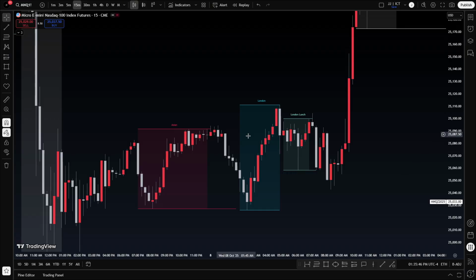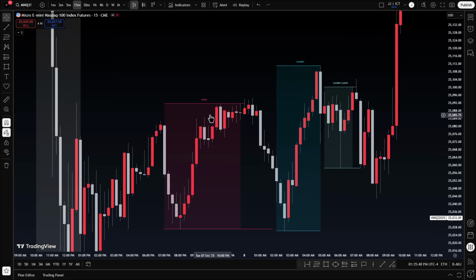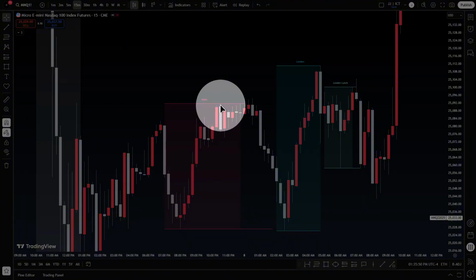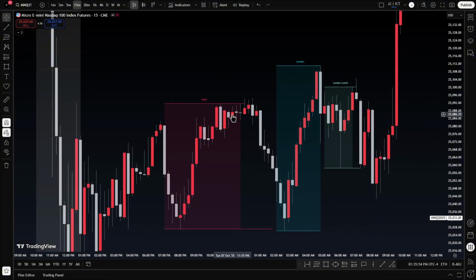See that? When I say purge, look how slowly it took out Asian high, which is right here. That's Asian high right there. It took it out. It struggled to go past it. Matter of fact, it didn't even attempt to go past it. The farthest it went past it was 3 points. So I wouldn't even consider that a struggle. It just didn't go past it, period.